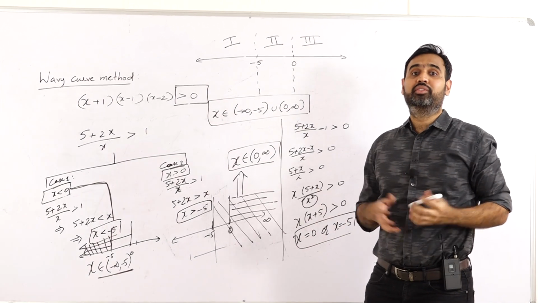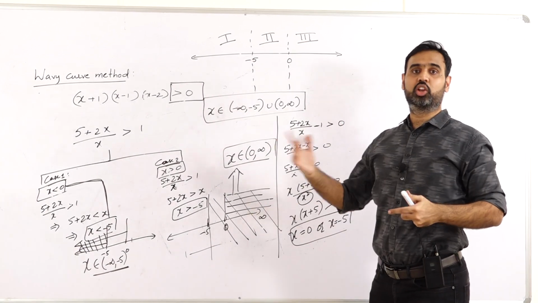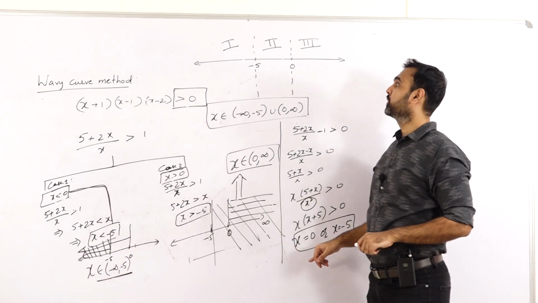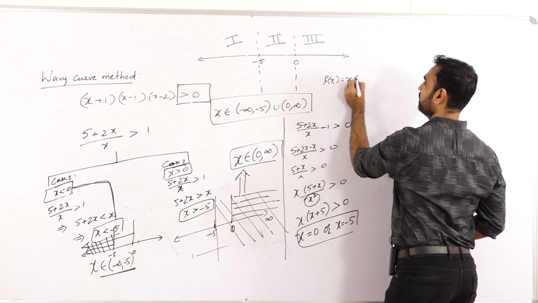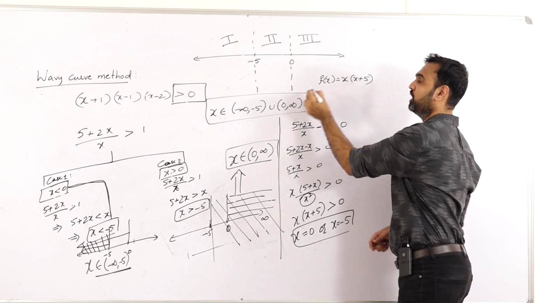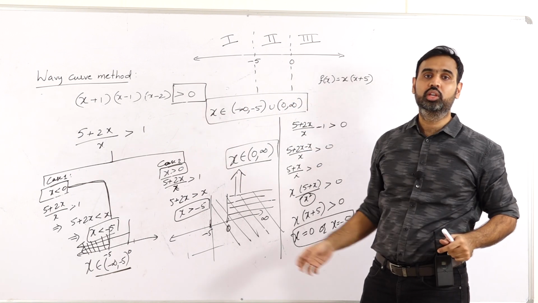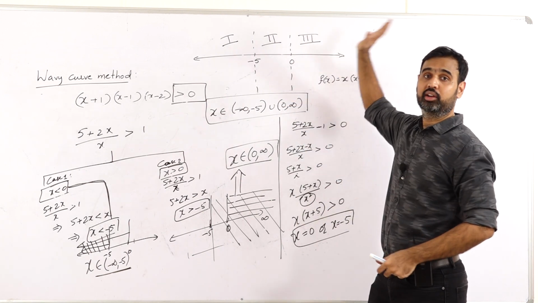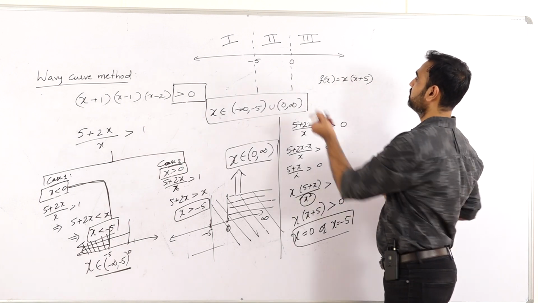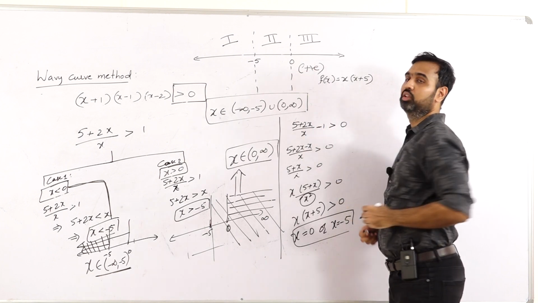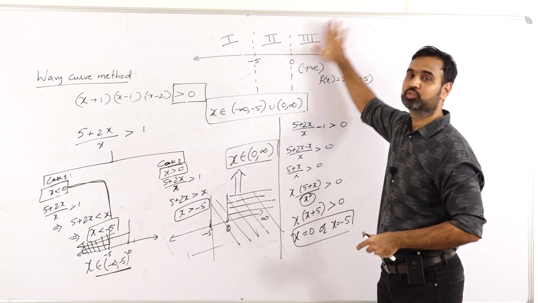After that you have to find the sign of the region, whether the region is a positive region or a negative region. And how do you find it? You consider f of x is equal to x into (x plus 5). Now substitute any value for x other than minus 5 and 0. You cannot substitute minus 5, you cannot substitute 0. You substitute anything. Let's say I will substitute 100. 100 into (100 plus 5). So positive into positive, positive. So this region is a positive region. You can just verify with a single value. A single value gives you a positive output, the entire region gives you positive output.